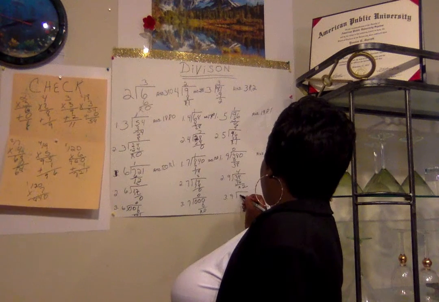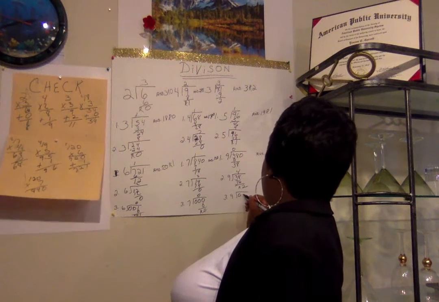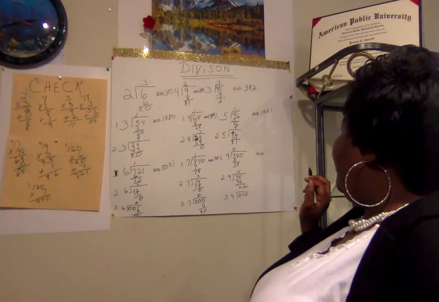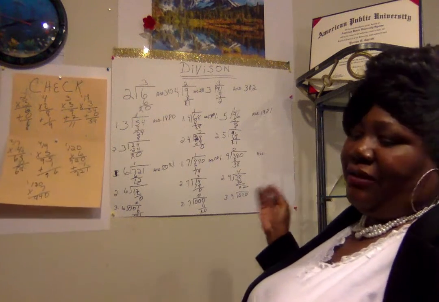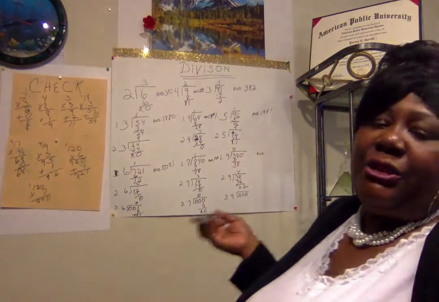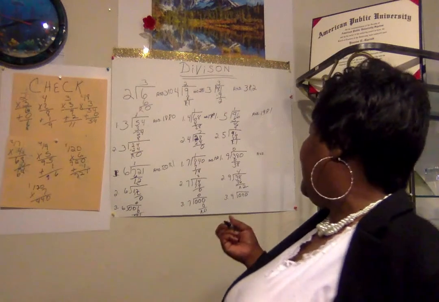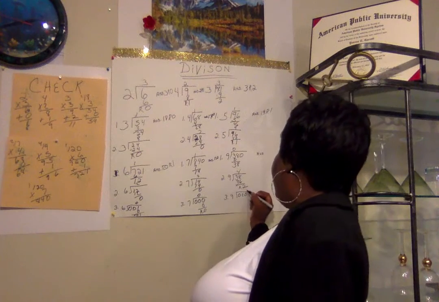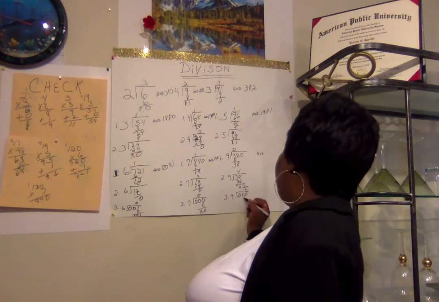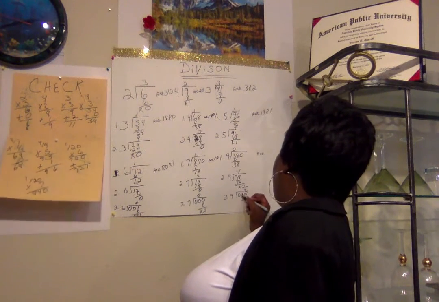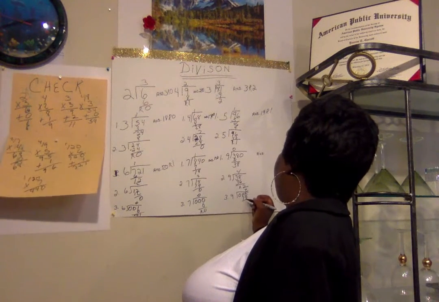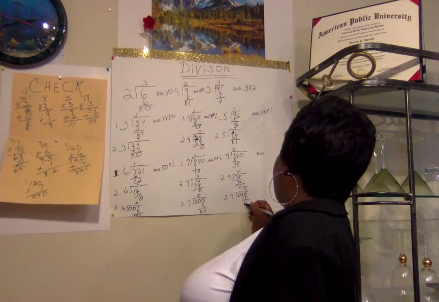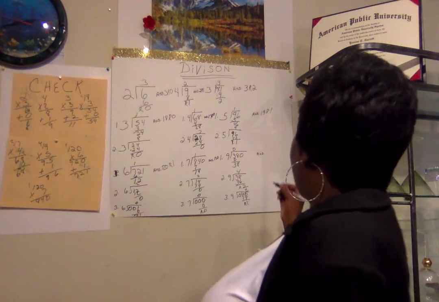Because you're not through, so you say 0, 2, 0. So you say 9 goes into 20. Let's say 3 times. 9 times 3 is 27. 27 is larger than 20, so now you're going to use 2. 9 times 2 is 18. 18 can go into 20. Subtract 8 from 0. You can't, you got to borrow from the 2. So 8 from 10 is 2. So your remainder is 2. So therefore your answer is